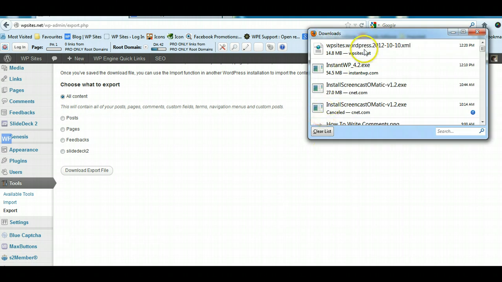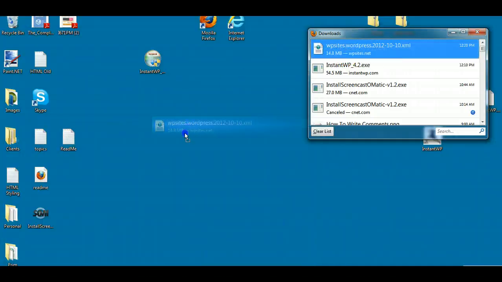Okay, so here we go. Here I've got a full copy of all the posts, all the content here. As you can see, I've checked this radio button here, and the total size is 14.8 meg. So I'll just drag that onto my desktop,